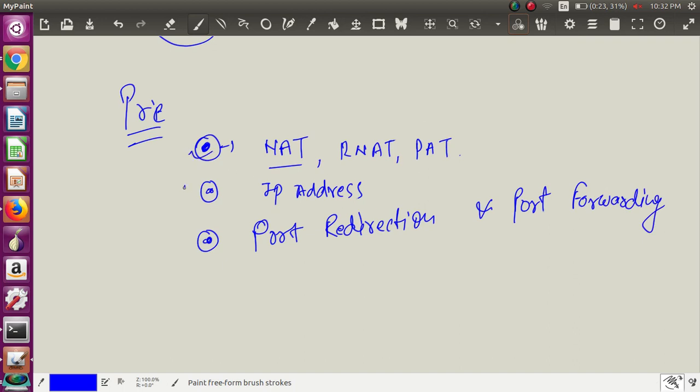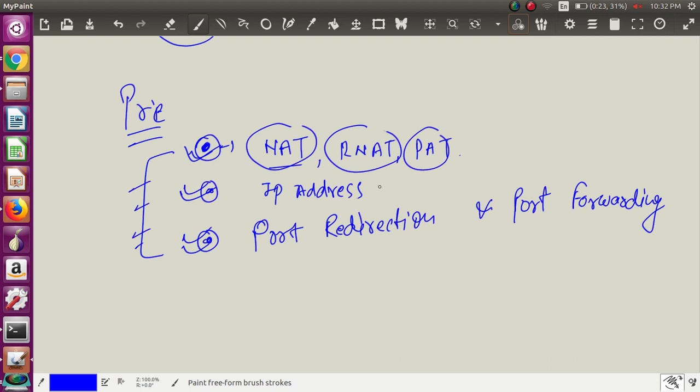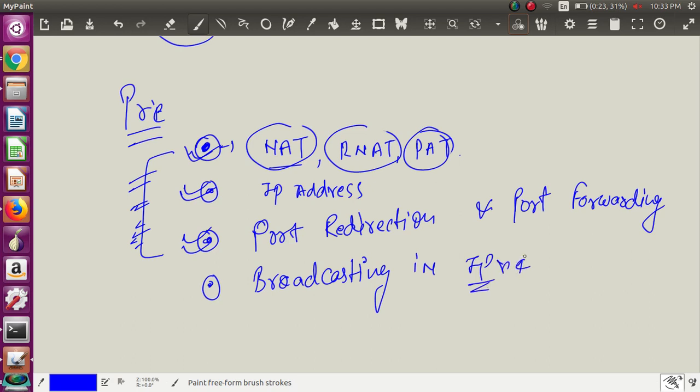So NAT, RNAT, all these things are port redirection and port forwarding. All these things will be needed by us. So please make sure you have a really amazing understanding and a good amount of practical scenario use cases. You need to go through all these things. The final thing is broadcasting, with some good examples in the IP address scheme, especially in IPv4. So if you have this, definitely, I'm saying it 100%,